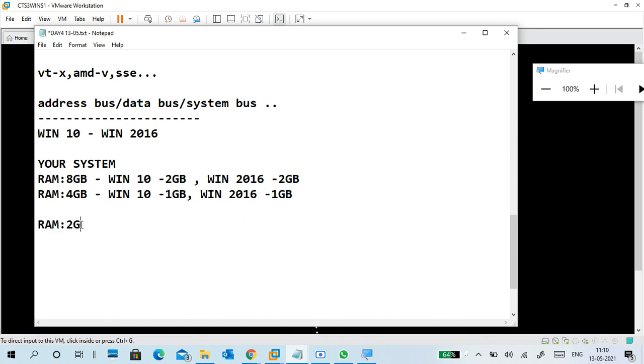Understand? So in case your RAM is 2 GB, what to do? Forget about it, you can't do it. You need two machines, with 512 MB assigned, and your machine should be 64-bit with virtualization support. But I have already given a chance: you can access my physical machine, my desktop is there, you can access it remotely. So this is not a choice.